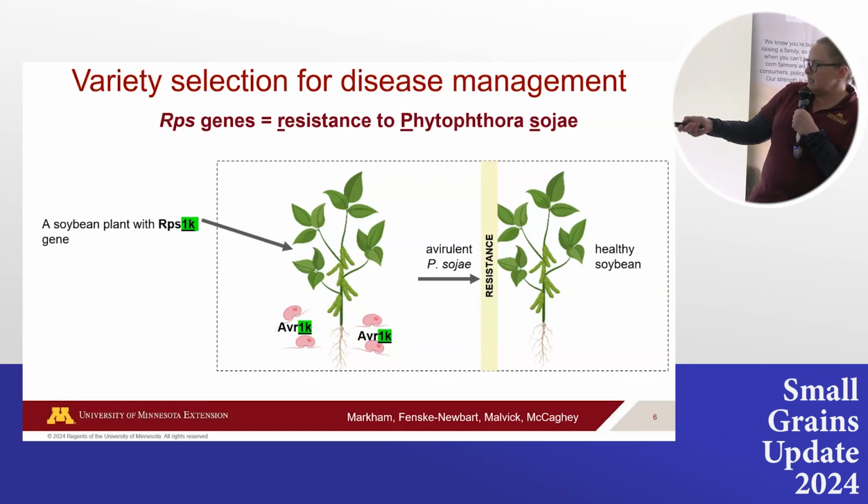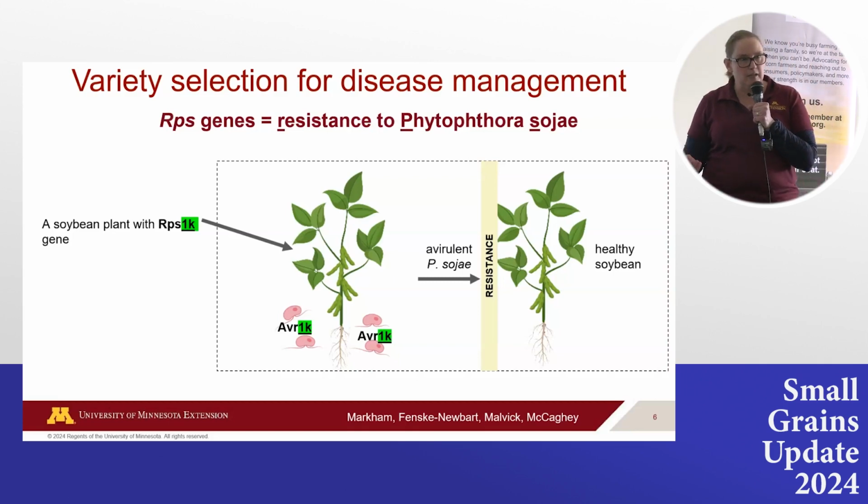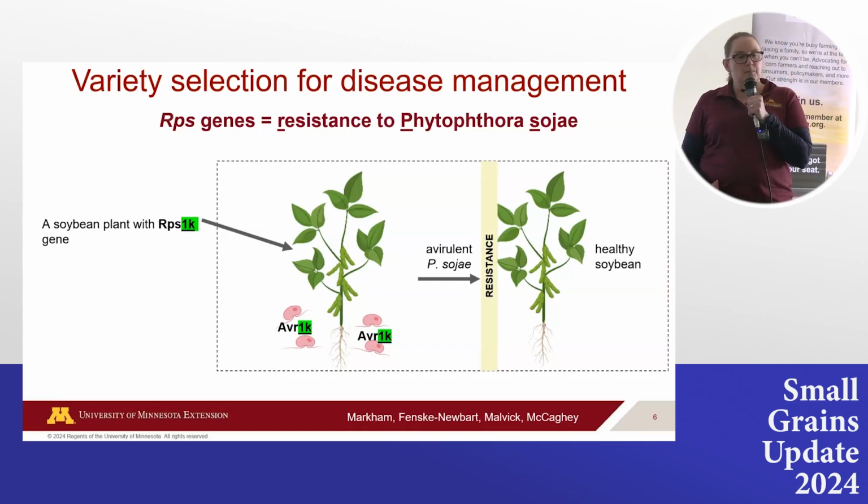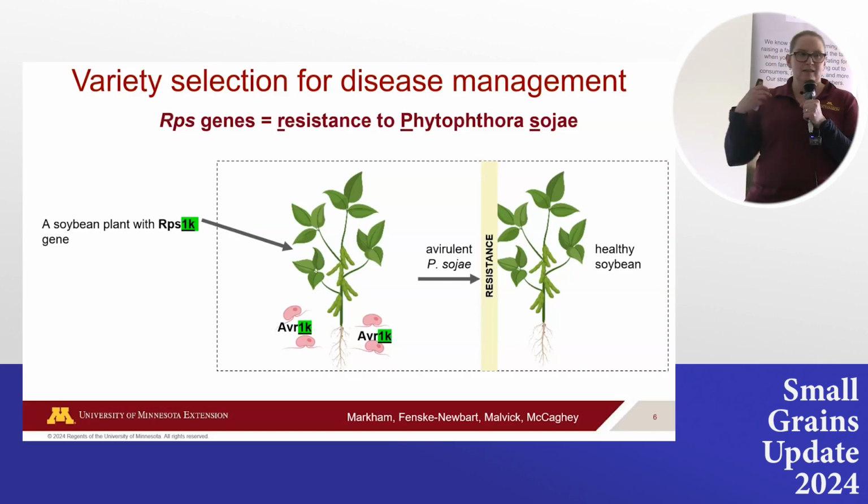What happens is if we have in our field a Phytophthora isolate that carries this AVR1K protein, when it goes to try and infect, the plant is able to detect it and mount an immune response. And so that's sort of how